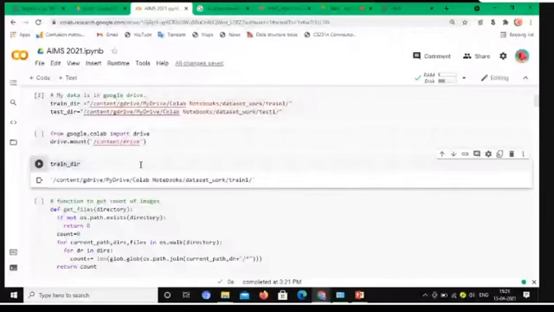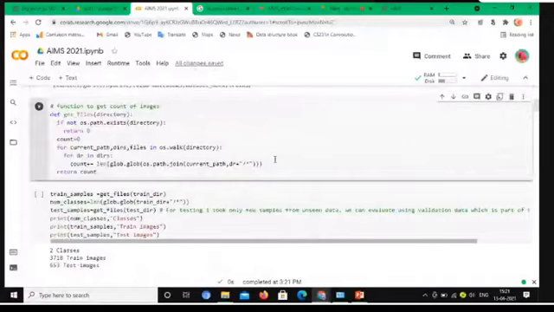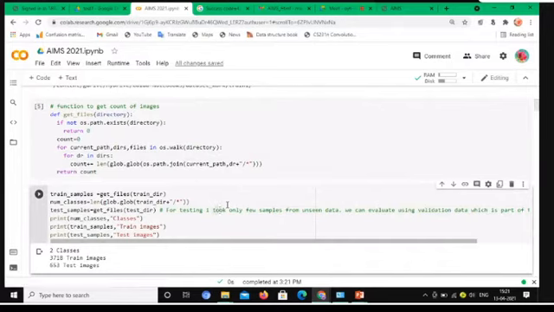Next, once I have loaded the images in my Google Drive, we have to count how many images are present in the training data and testing data, and how many classes are present in that folder. For that we give this code: definition get_files from the directory. It checks whether the directory is present, and if so, it counts the images.